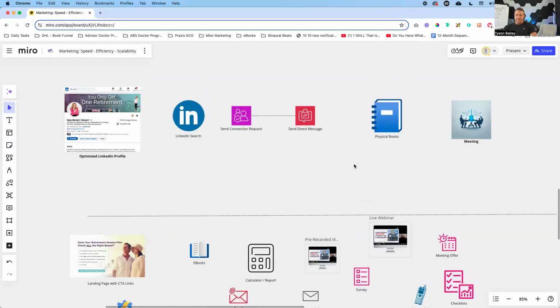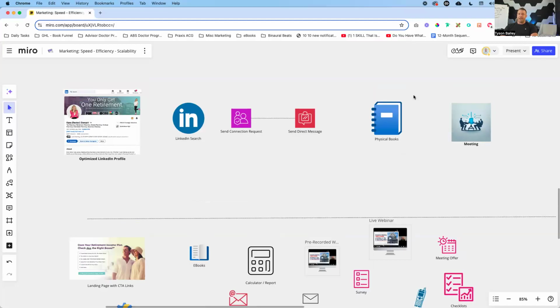Now, one of the biggest mistakes that I see is that when an advisor starts offering some sort of a lead magnet, some sort of a value-based offer inside of the LinkedIn messages, and somebody wants it, they deliver that lead magnet directly inside of the LinkedIn messages. The reason why we don't want to do that is because inside of this process, being able to capture information to nurture these individuals is extremely important.